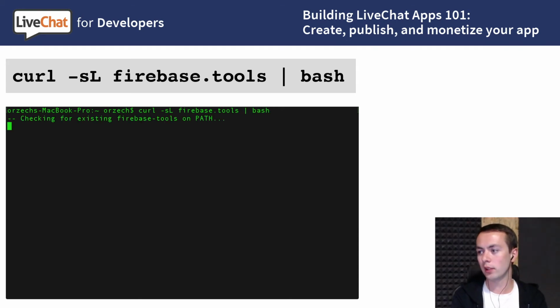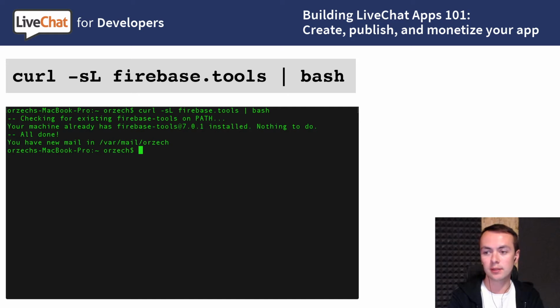The script automatically detects your operating system and downloads the latest version of Firebase release, then enables the Firebase command globally for your terminal. I have it already installed, but it's good to use the command to download the latest version. Okay, so